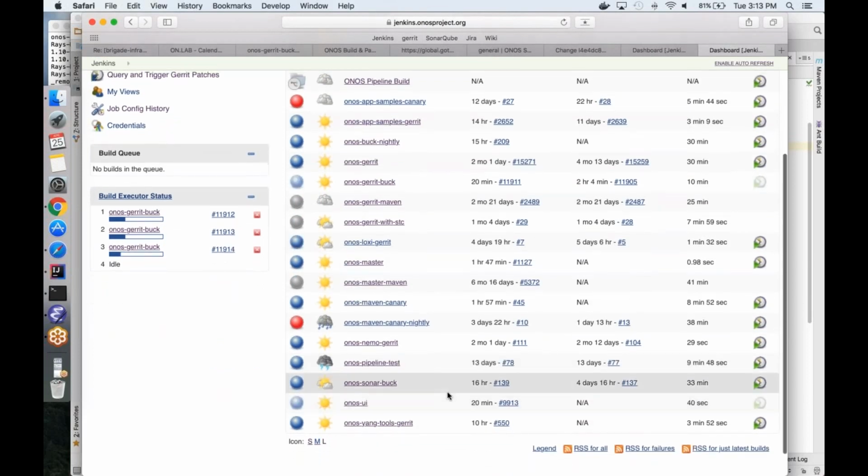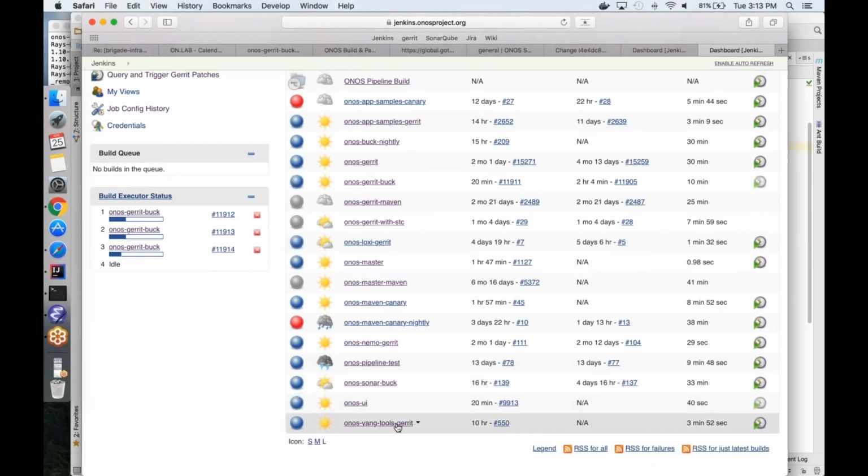Like for example, the Yang tools is a separate repo that is using our Jenkins because ONOS uses this functionality. But this is outside the scope of anything that the build brigade is doing because it's not ONOS code. It's owned by other people. So like that, we wouldn't do anything with. Similar with ONOS UI, similar thing. We package and ship those artifacts, but they're not part of ONOS. They're a separate